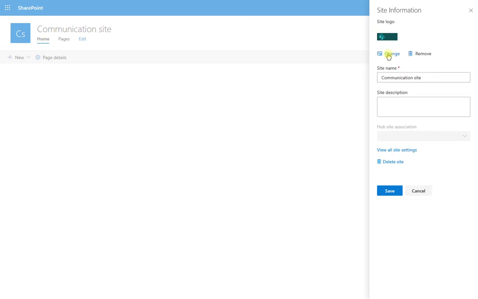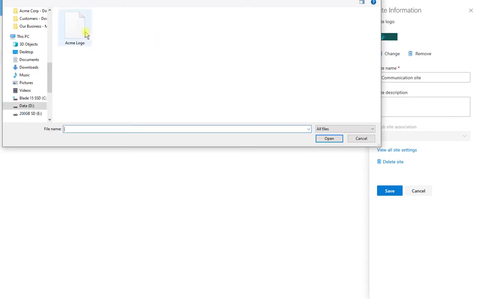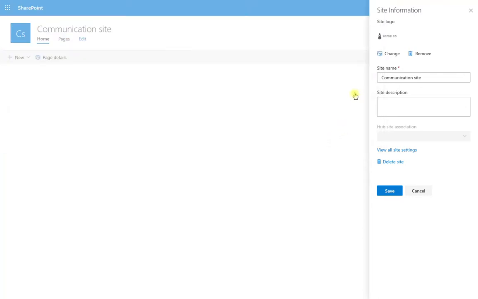That will prompt you to upload your logo. So I've got one here, Acme logo. Click on open, and that uploads it. And then we're going to change the site name from its default, which is just called communication site, to be Acme